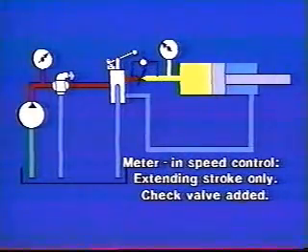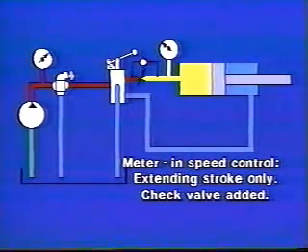its speed. Here we have a fixed displacement pump, a relief valve, a variable orifice or flow control, and the cylinder. If the pump delivered 10 gallons per minute and we wanted to cut the cylinder's piston speed in half, we would adjust the flow control to pass only 5 gallons per minute. However, since it's a fixed displacement pump, if we allow only 5 gallons per minute to pass through our flow control into the cylinder, the other 5 gallons have no choice but to go over the relief valve at the